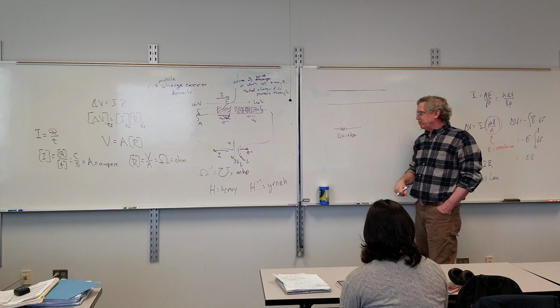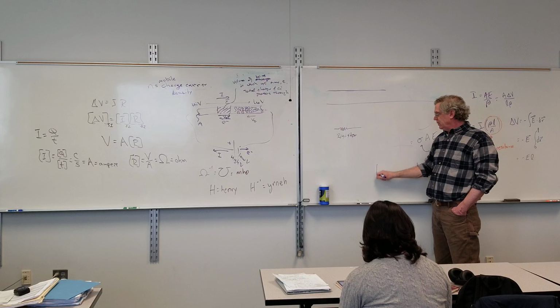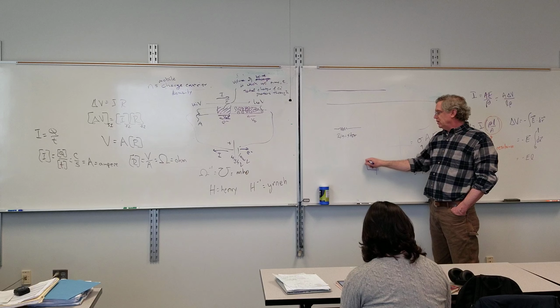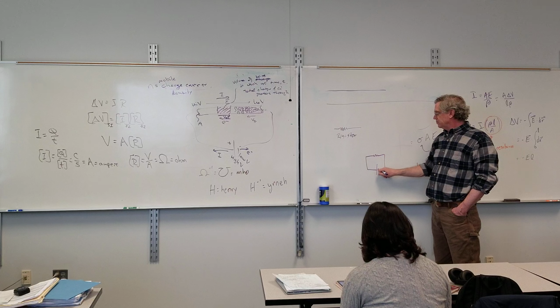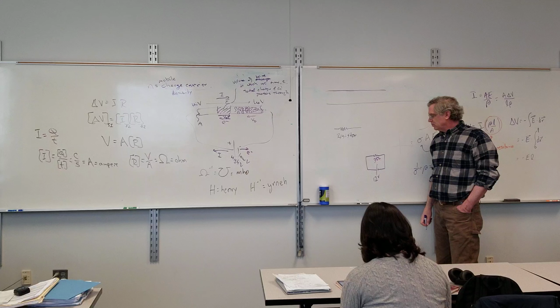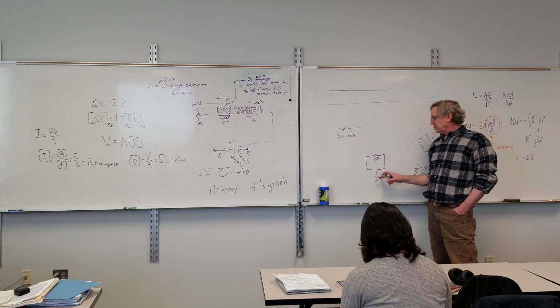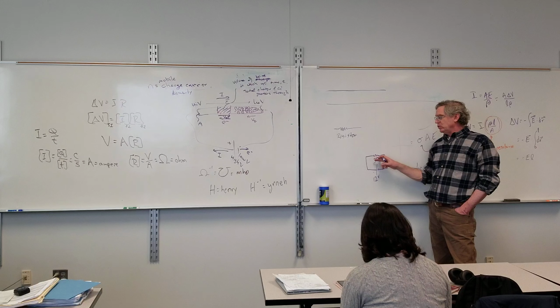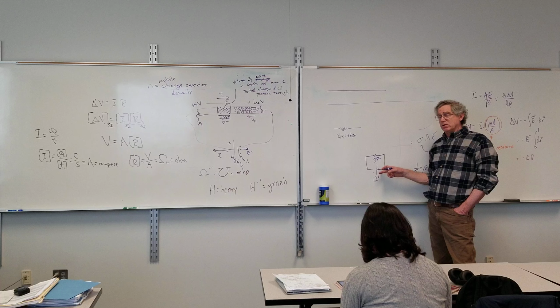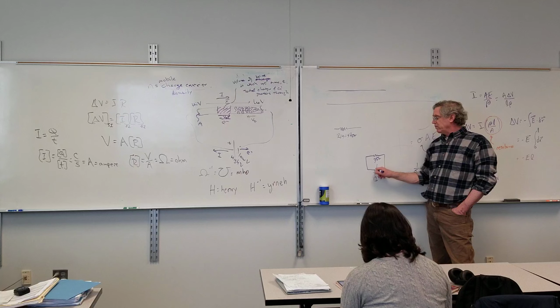So if I just took a simple circuit, battery and resistor, I have a power supply here, connected to a resistor. Let's say it's a 12-volt battery and a 3-ohm resistor. Then what's going to happen is, if I gain 12 volts here, I have to lose 12 volts here in order to get back to zero. Similar to Kirchhoff's voltage loop rule. We did that with the capacitor. So whatever I gain, I have to lose